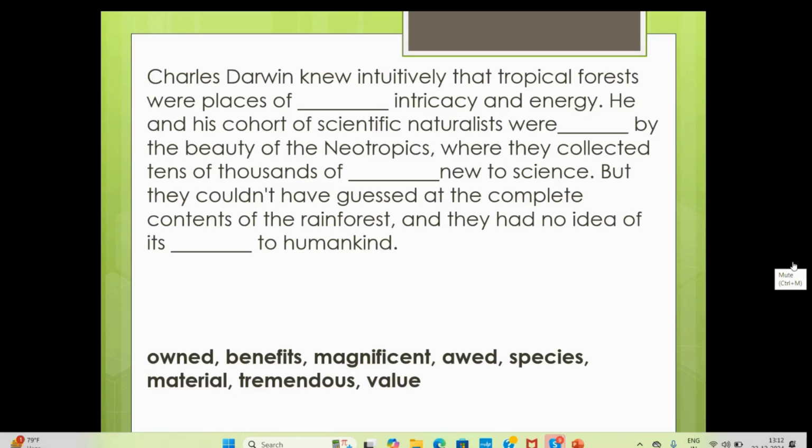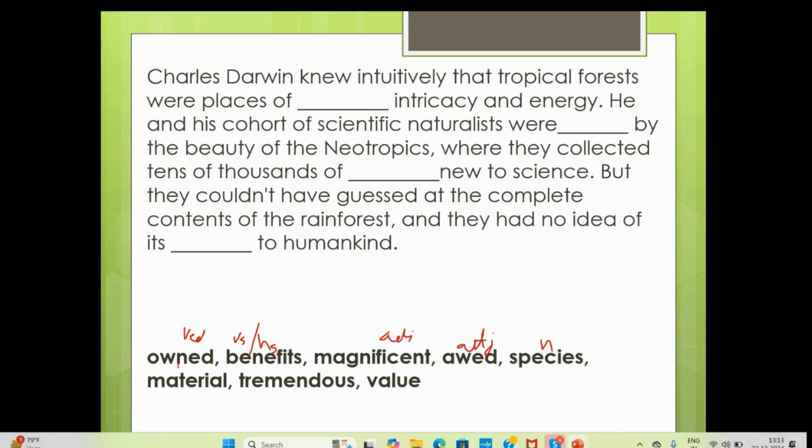So we'll see how it's supposed to be. Now, old is V3, verb with ED form. Okay. Benefits, noun with S. And you can benefit from something also, verb with S and noun with S both. Magnificent is beautiful, adjective. Of this, awestruck you must have heard of, right? Surprised in a positive way, adjective. Okay. And species, noun.